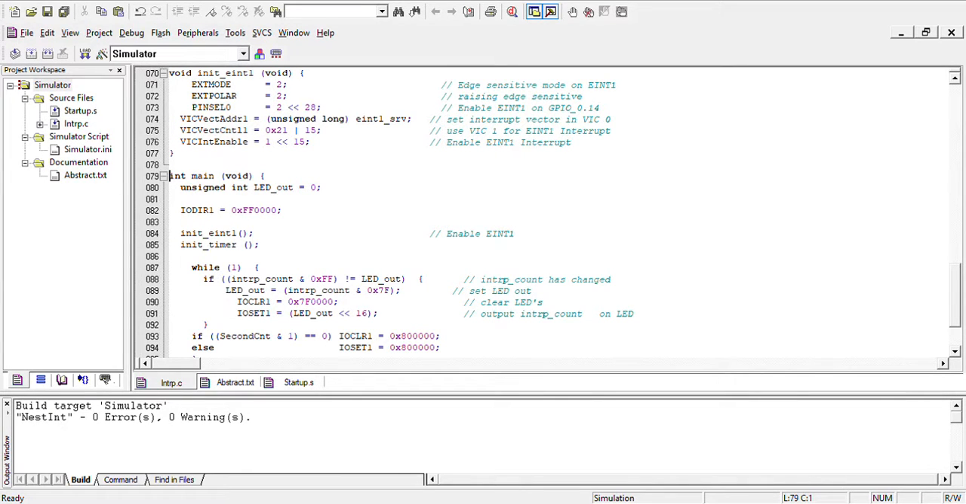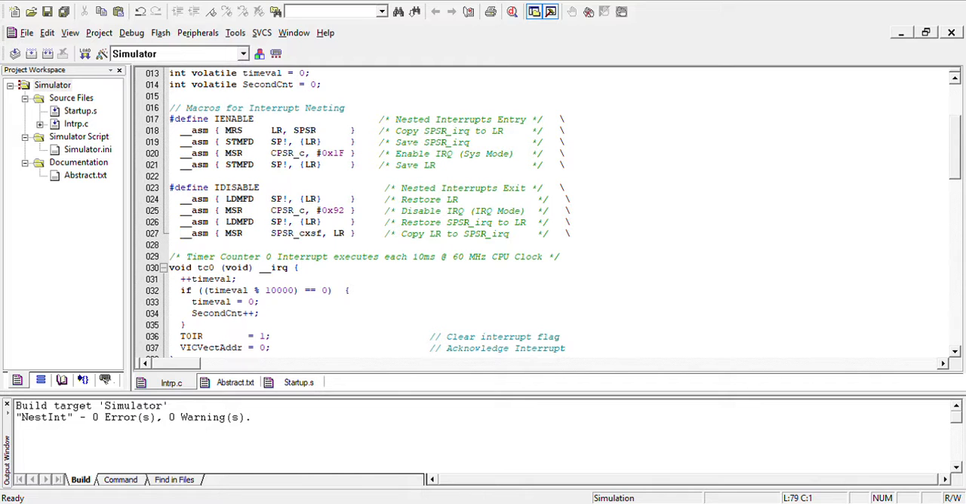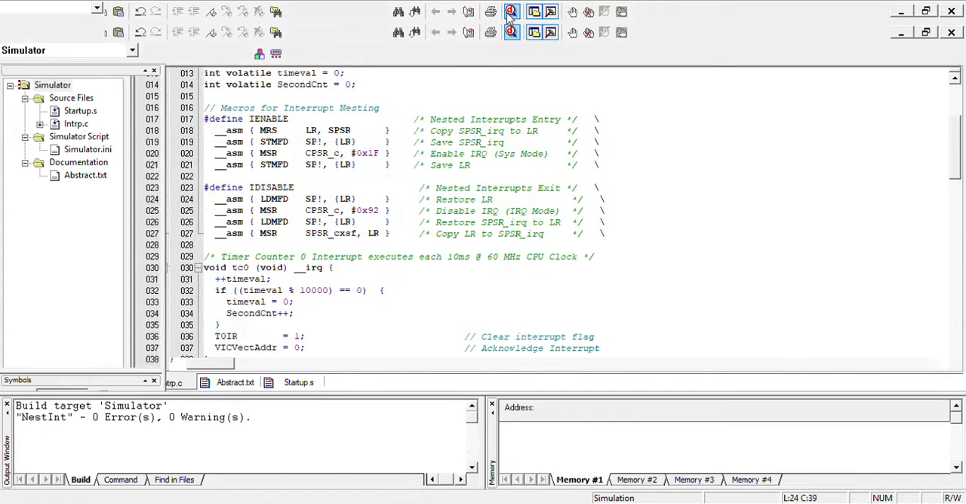In this experiment, the nesting of the interrupt is shown, in which two interrupts are used, timer interrupt and external interrupt 1. So therefore, to allow timer interrupt to be serviced while the external interrupt 1 is being serviced, two macros are defined, which is I enable and I disable. Building this program